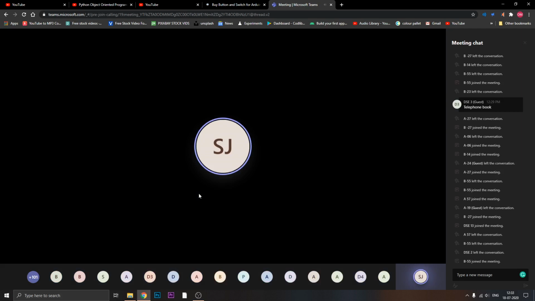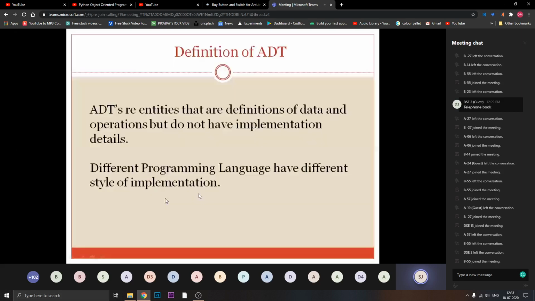So these two things we discussed: data and operation, no implementation. Every programming language has a different implementation. So an abstract data type is a set of objects with a set of operations. It is a mathematical abstraction where you can mention the set of operations and how it is implemented. Objects like list, set, graph, along with their operations, can be considered abstract data types, just like integer, real, and boolean are data types.